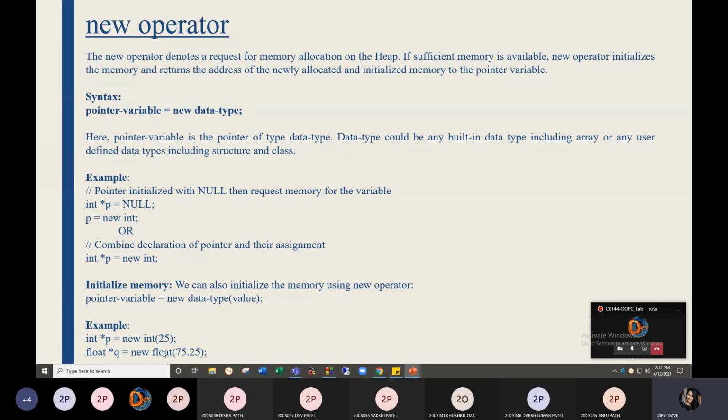Same thing over here, that location will be given the value 75.25, the value of that location, not the address or anything else. Over here there is no need of a variable. You can see that we have not assigned any variable. We are directly accessing the memory using the pointer and the constants.